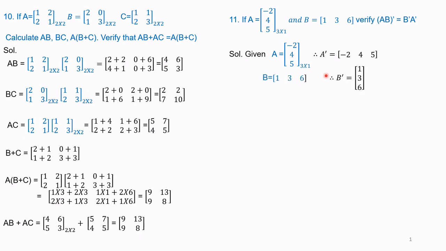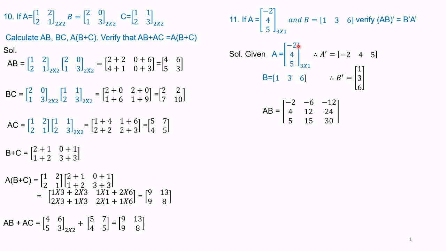Therefore, B we have copied 136 and B dash is equal to 136. That is, a row has become column here. For B matrix, it is row 136 and for B dash, it is column 136. Therefore, we get AB, multiplying A with B, we get